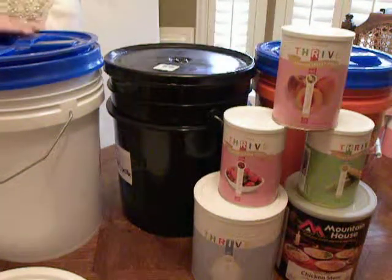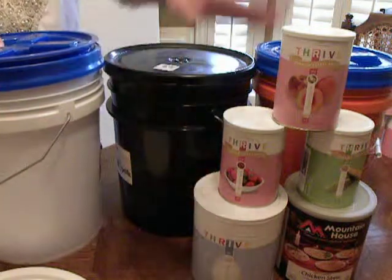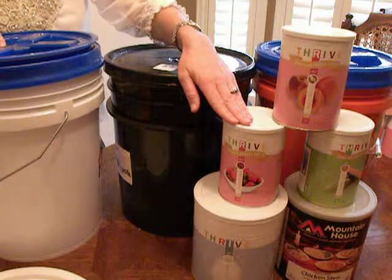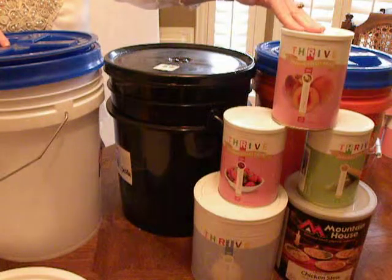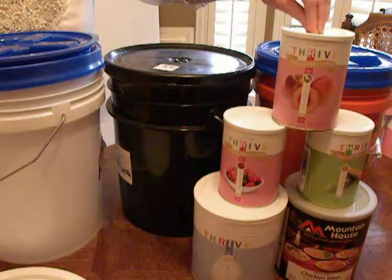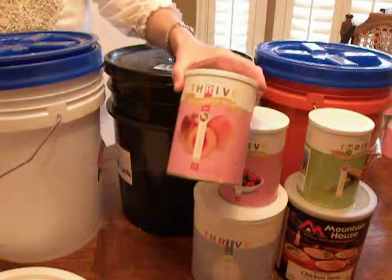So back to your food storage, there's the freeze-dried, which is done for you. You can buy it in number 10 cans from all of the companies I just shared with you. But if you would like to use smaller cans, especially if you live in a southern climate where the humidity is really bad, you want to take advantage of this pantry-size container because it allows you to open up your container and eat up the contents before the humidity in the south spoils your food. You need freeze-dried for long-term food storage, and the key word there is dried. Anytime you bring in humidity to that situation, it's just going to spoil your food for you. So you want to make sure that you use smaller containers and eat through it